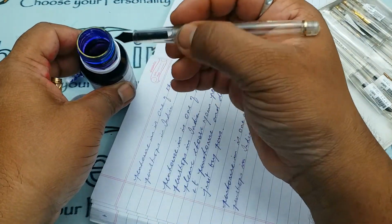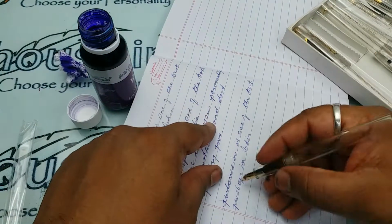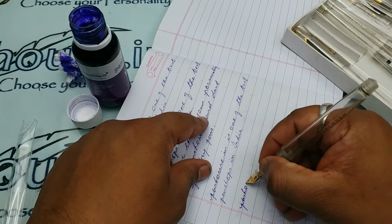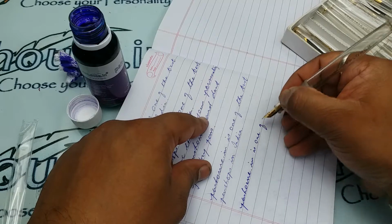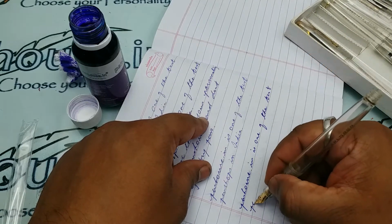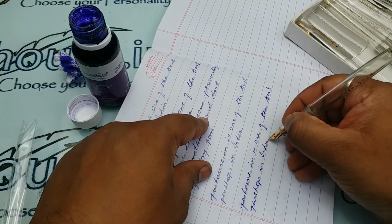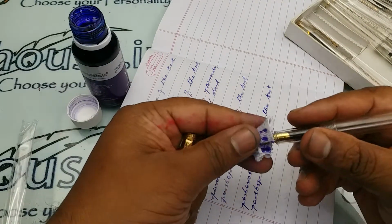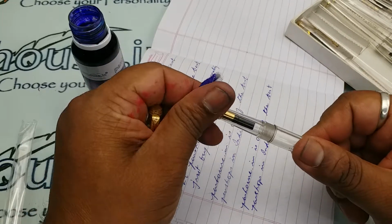Let me dip and write and see how this pen writes. Yeah, the pen writes like butter, so definitely you can have a try. The pen is very cheap, and